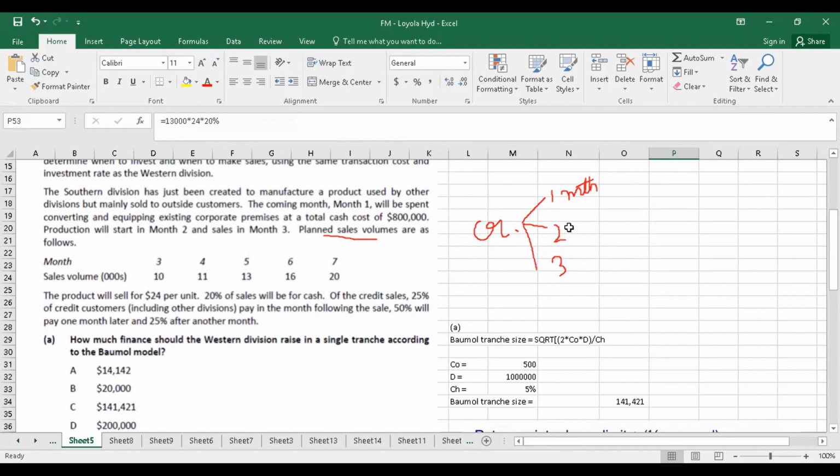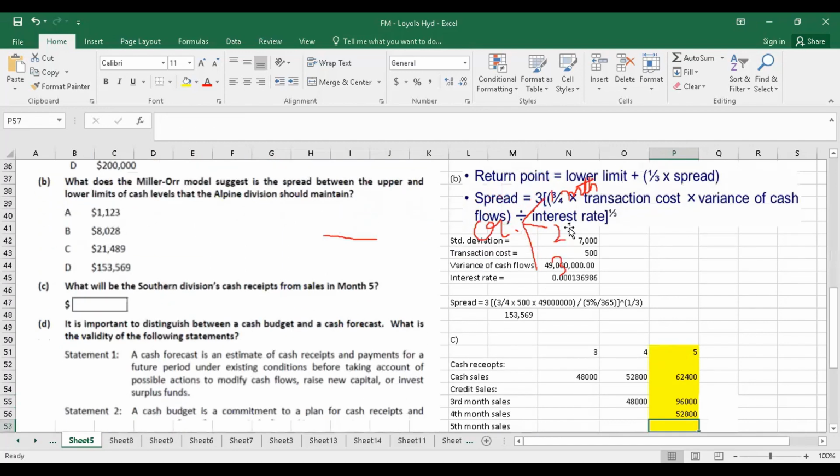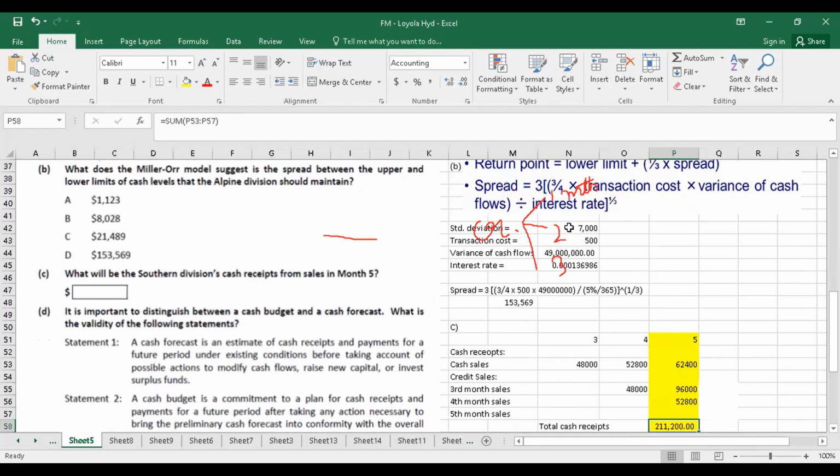But how much would be collected will be from the sales that happened in the previous months. From there, we pick them up and bring it to the present month, which is the 5th month here. So focusing on that 3 months period, we would present it as the credit sales. Credit sales are